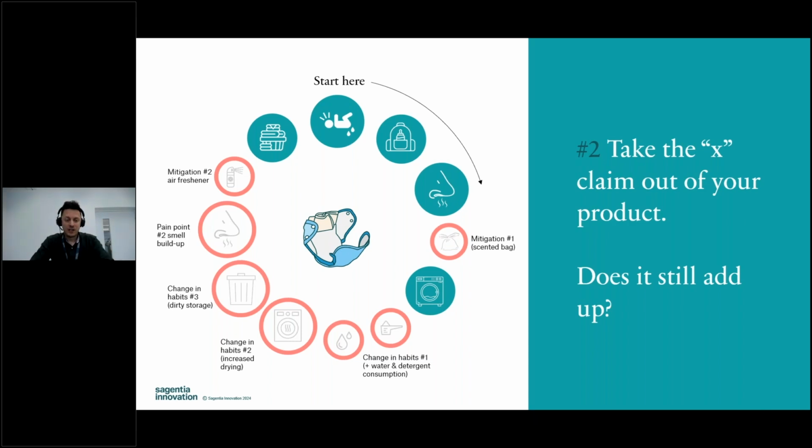And at the end, yep, I still need to dry these things, fold them up, put them away. It's not a change in habit particularly. But on balance, when you look at this life cycle, what has this new sustainable product introduced? It doesn't necessarily stack up from mitigations and pain points, change in habits, but as well, the sustainability aspect is perhaps not as good. So is this actually, on balance, the sustainable thing it's promised to be? So really important to do this more holistic view of a product. Make sure the experience is lovable, not just the potential of the singular claim.